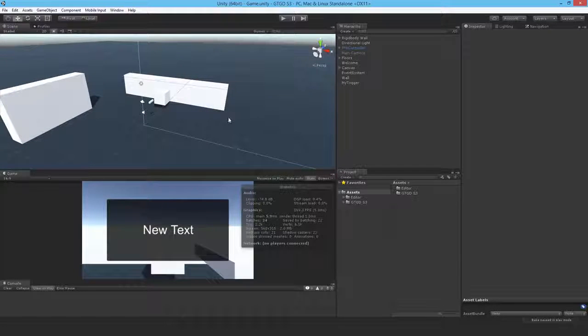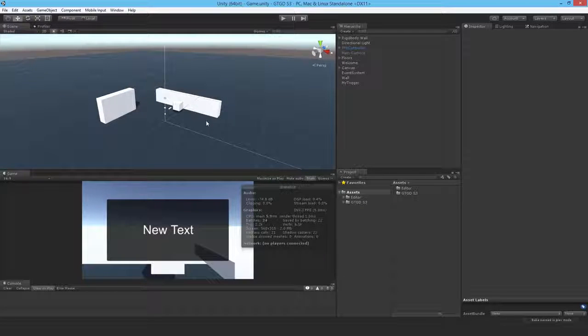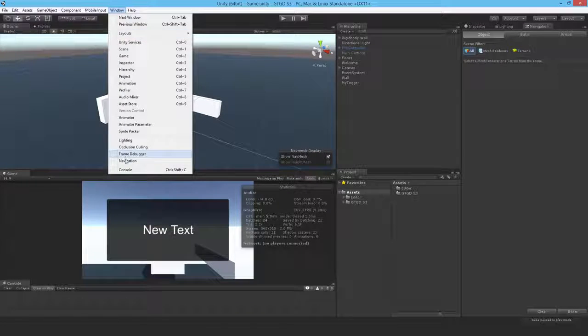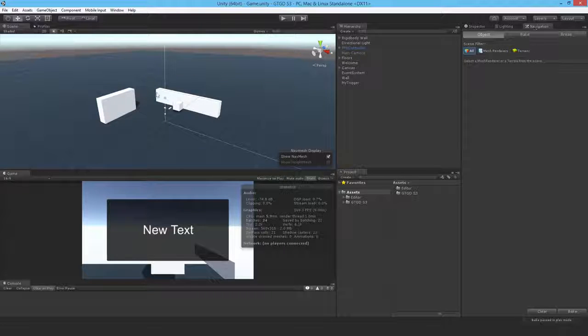So to bake a NavMesh, you need to tell it what objects in the scene, what colliders in the scene, are static and will never move. I've already added the navigation window here. You just go to Window, Navigation, and it'll come up, and then you can dock it wherever if it doesn't appear here. Okay, so once you've got that, in order to be able to bake a NavMesh, so the Bake button down there, as I was saying, you need to set the colliders that will never move to static. So anything that's a wall that can't move, anything that's a floor,